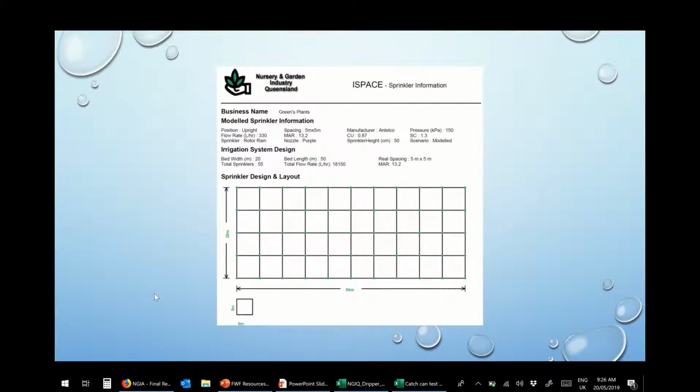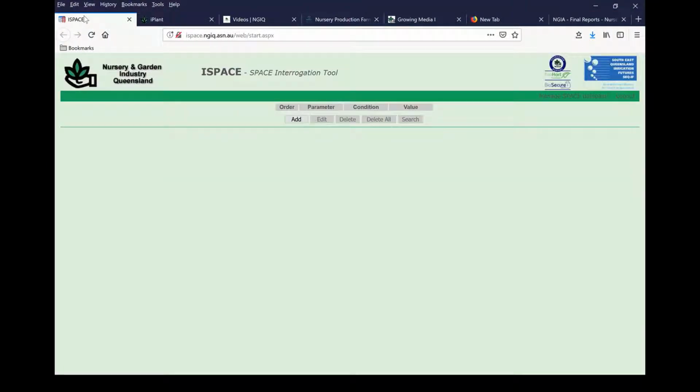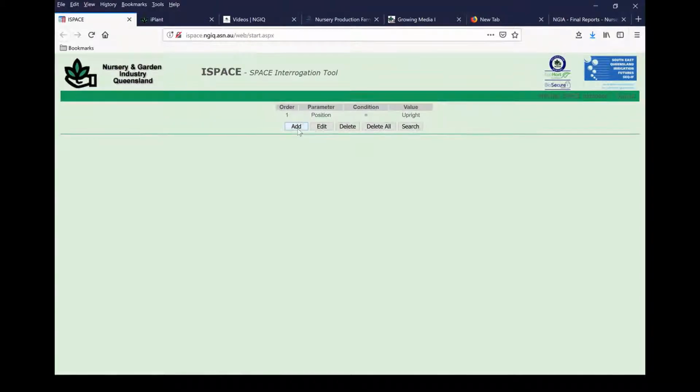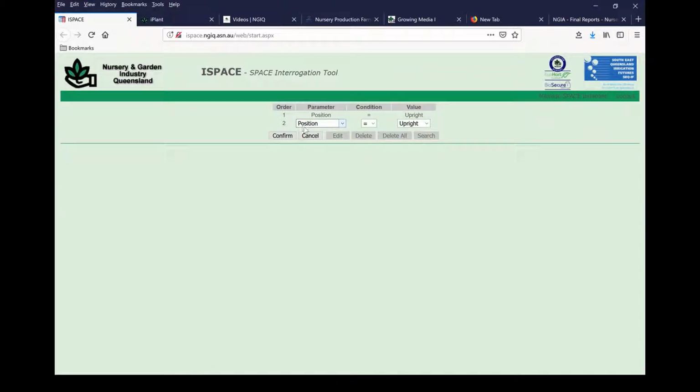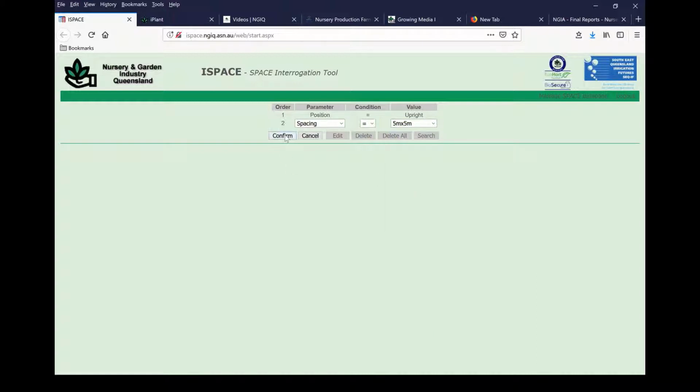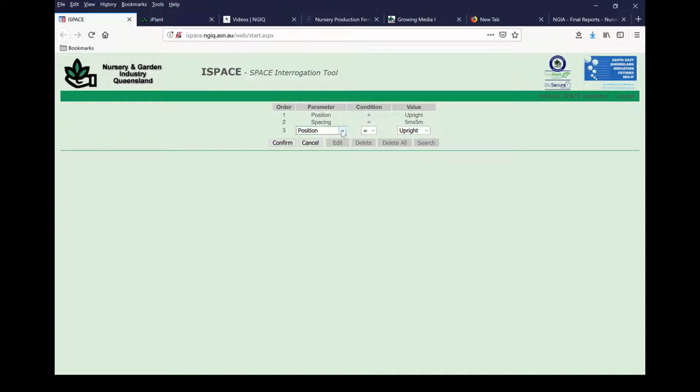At the moment, this tool can only be accessed by technical officers, but to give an idea of what it can do, here's an example. To search the database, and here it is before we've put any data into it, we can put in a number of criteria. So if we specify that we want an upright sprinkler on a 5 metre spacing, so we select spacing and then 5 metres, with an operating pressure of less than 207 kilopascals,